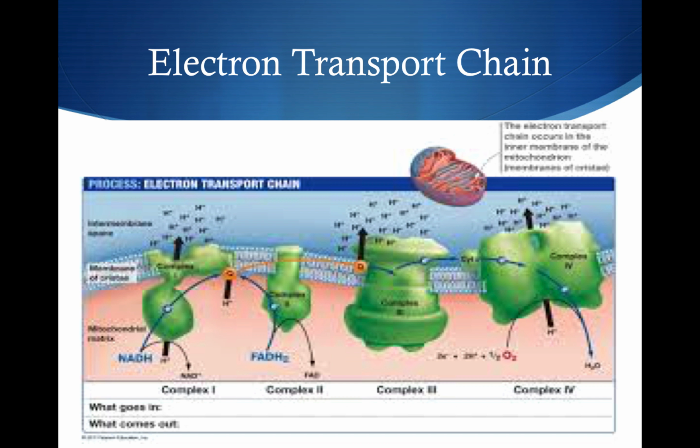So now we're going to go to the electron transport system, which is basically where most of the ATP will be generated throughout the entirety of respiration. This is where all the high energy molecules will be sent, and their electrons will be gathered and used to create ATP through the ATP synthase complex,